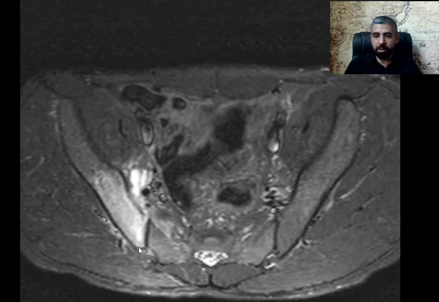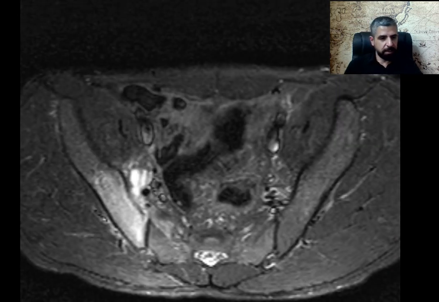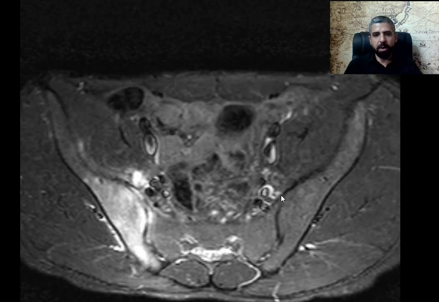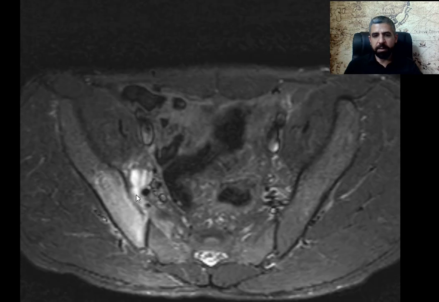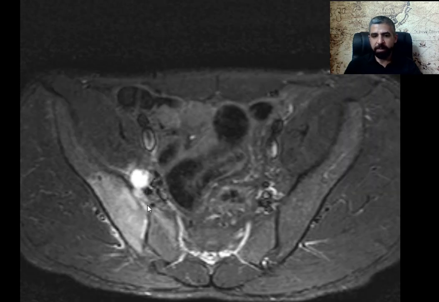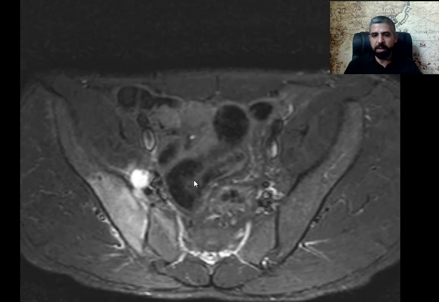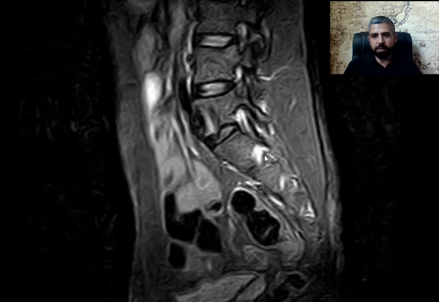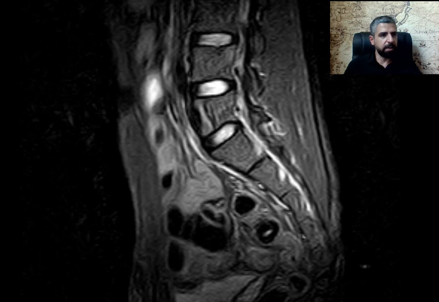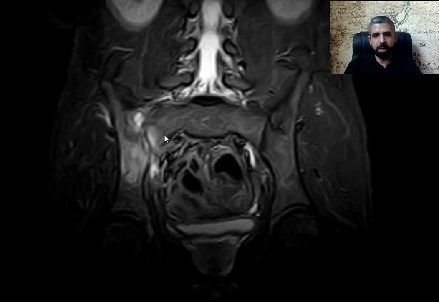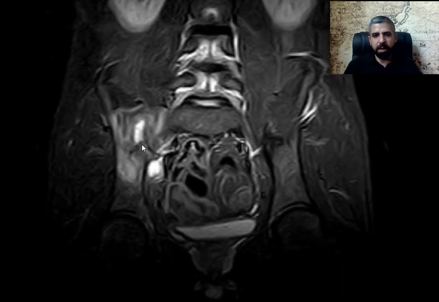However, the more significant finding here is, I just want to show you this one, which is maybe a little bit better. There is this hyperintense rounded signal which signifies fluid or a collection, and it appears to be arising from within the SI joint, bulging on the anterior aspect of the SI joint. You can see it here, and let's try to see it on the sagittal images if it's obvious. No, it's not very obvious here. We will not use this one. Let's see the coronal fat saturated image. You can obviously see that there is a fluid collection arising from within the SI joint, bulging into the pelvic